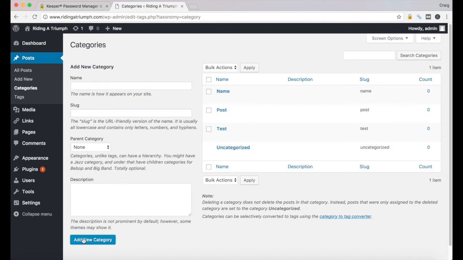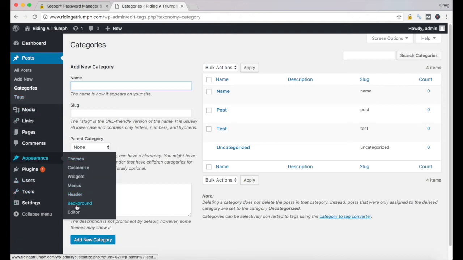Just some examples here. And by adding these categories, what this allows us to do is when we create a blog post, we can categorize the information on our blog. So your blog is, in theory, covering a variety of different topics, and you can categorize those topics. And in our case, we're saying we have a name category, a post category, and a test category. And if we go back to our appearance and go to the menu structure,